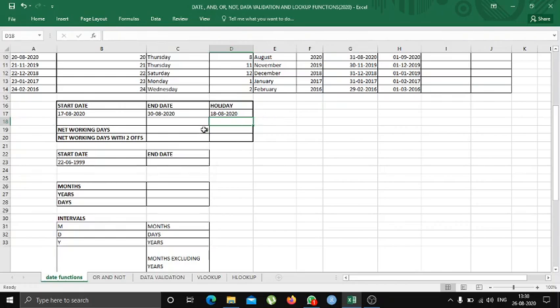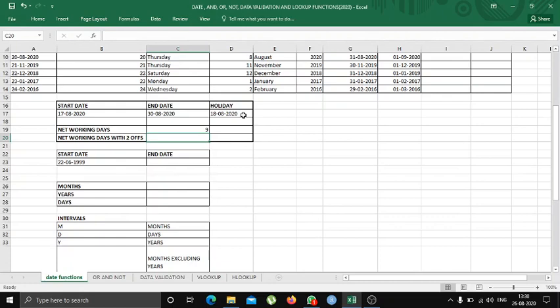But we can calculate including the holiday also. Just need to double click on that cell where you entered the formula. At the end, enter comma and select the holiday. Press enter and you will get the net working days excluding the holiday and the weekends. But there are some companies such as banks which provide holidays only on second or fourth Saturdays and work on first and third Saturdays.